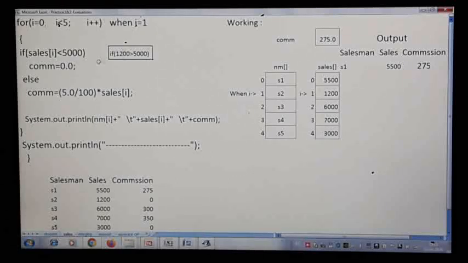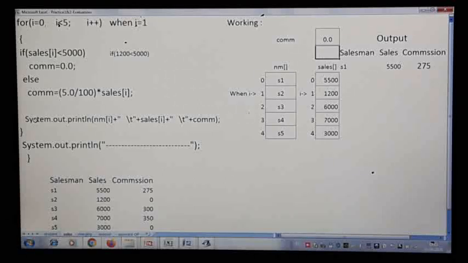But it is not so. Condition false. I mean to say the condition is supposed to be: 1200 is less than 5000. Yes, it is less than. Condition true. Commission is set as 0. So for the second employee, commission will be set as 0.